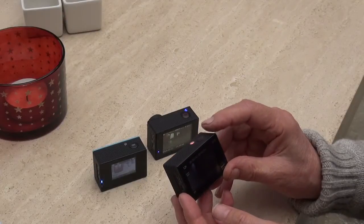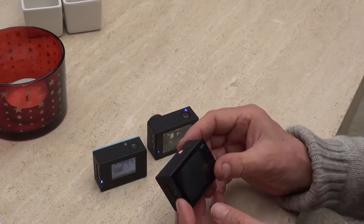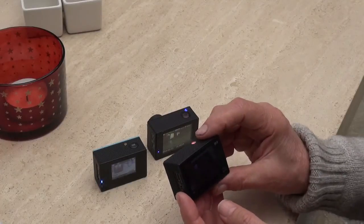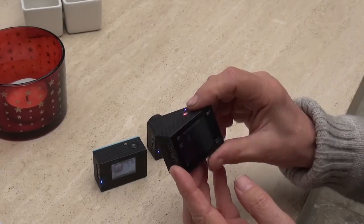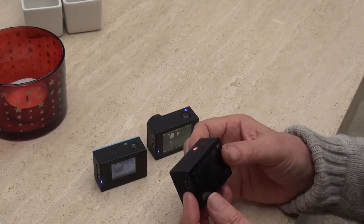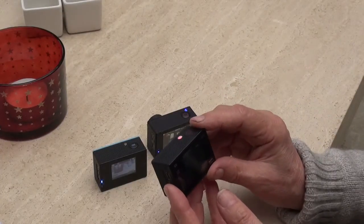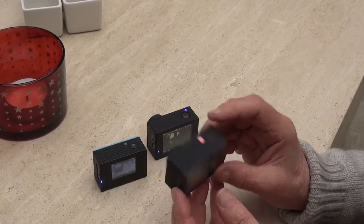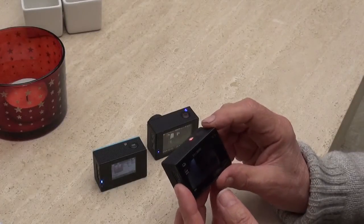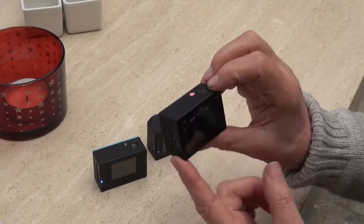and immediately it's on standby for video. You push the top button, it's taking video. Push it again, it stops. But then if you push the front button, you get into camera mode. So let's take, oh sorry, I haven't got it there. And in camera mode you can see it takes a picture. If you push the front again, you go into multiple camera mode, or multiple shot mode. So you push the button at the top once